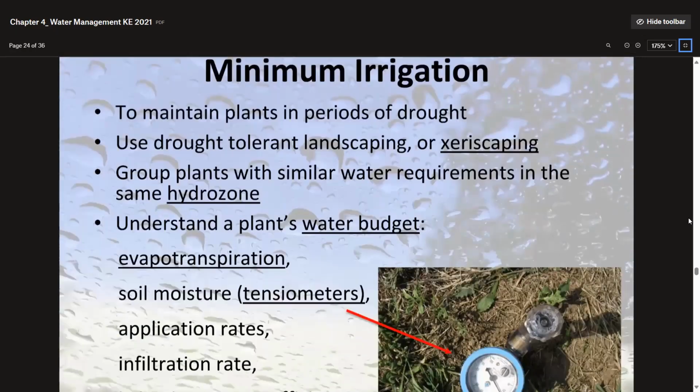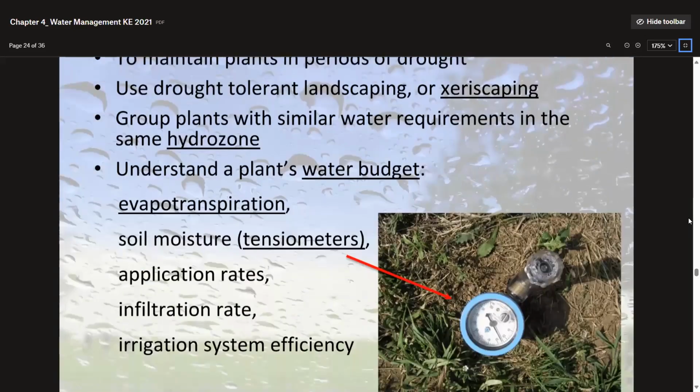All right, minimum irrigation is to maintain the plants through periods of drought. Use drought-tolerant landscaping, or xeriscaping. That's what xeriscaping is, drought-tolerant landscaping. You group plants with a similar water requirement in the same hydrozone. And you really have to understand a plant's water budget. How much does it really need? How much is it going to